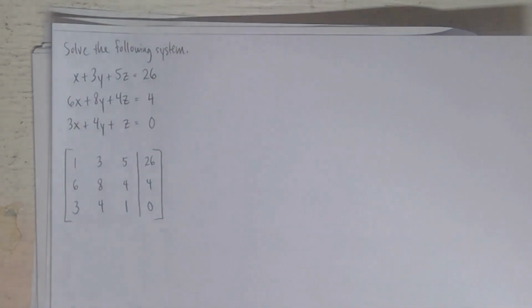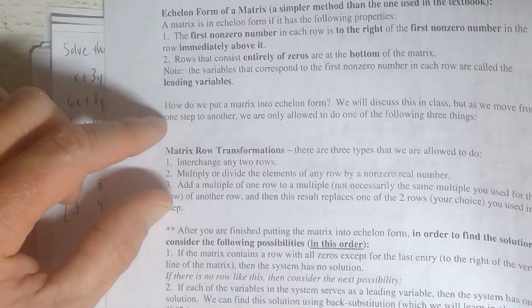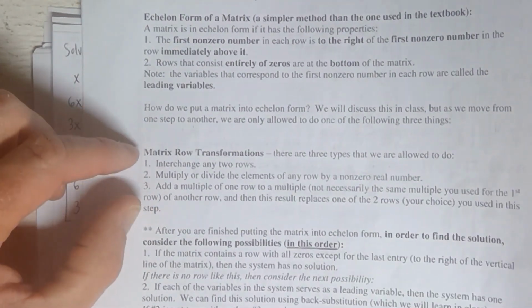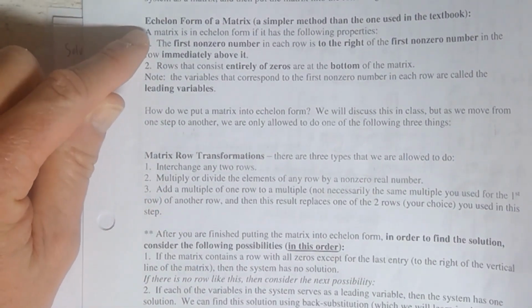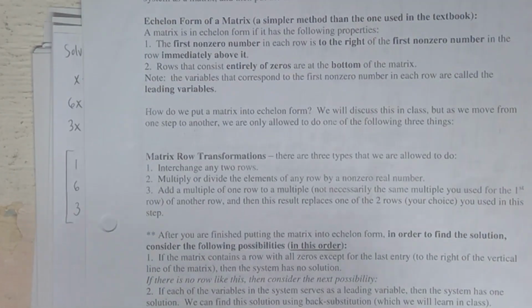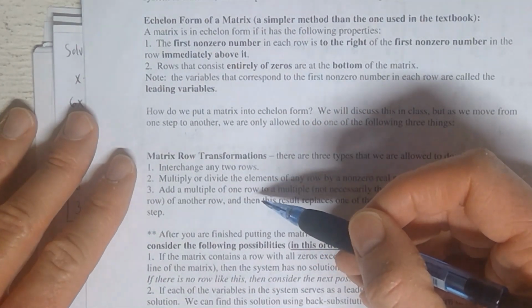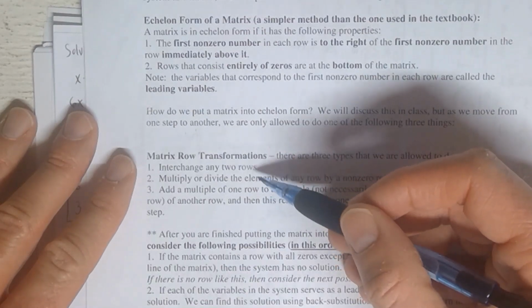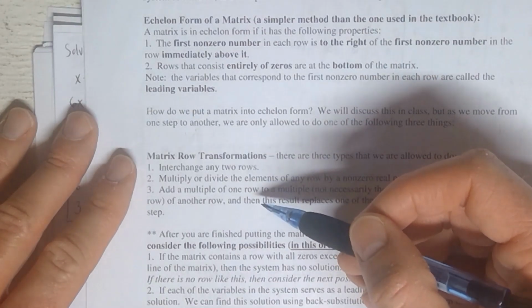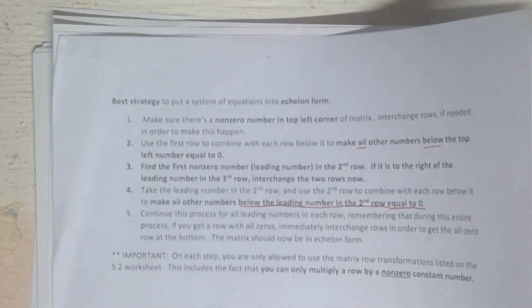All right, so what we need to do, as I told you a few minutes ago, when we get it into matrix form, we need to do one of these three things on each step, until it's in echelon form. Okay, so we need to do one of these three things, but how do you know which one to do? How do you know which one to do on the first step? How do you know which one to do on the second step? And so on. Okay, well, that's where this other sheet that I got right here comes in,